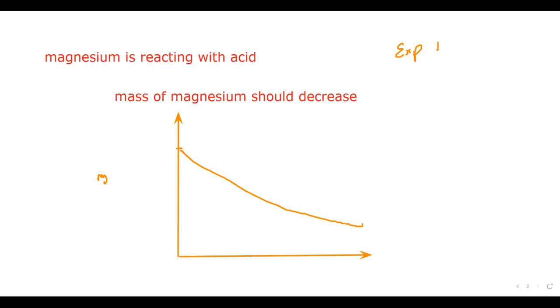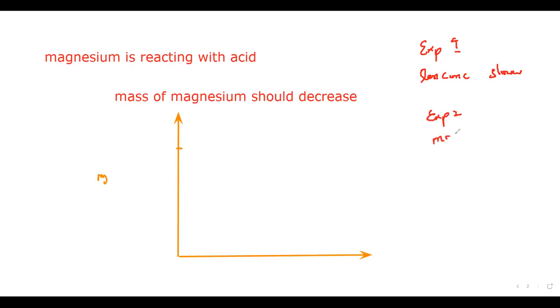In experiment 1, the acid was less concentrated. So if it is less concentrated acid, it means it will have a slower reaction. In experiment 2, we use more concentrated acid. If you use more concentrated acid, it means the reaction will be faster. So if we draw the two graphs,